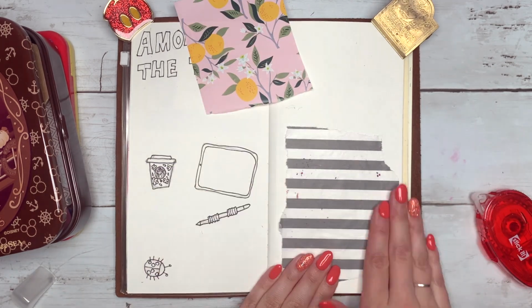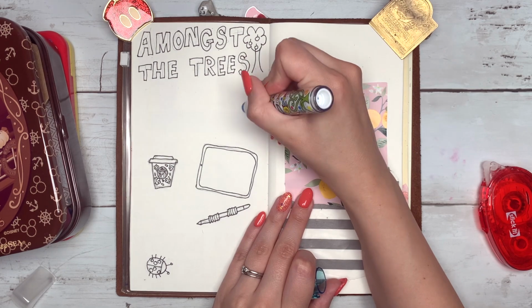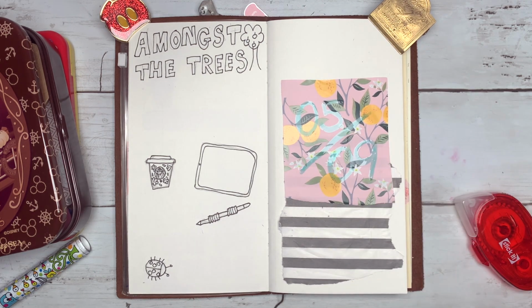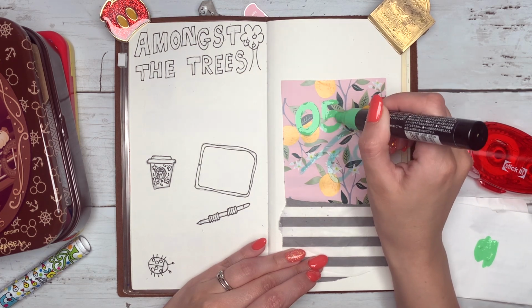And I did want to include some more collage as well, which I noticed I've only done on this page. I haven't put any collage in on the other pages, so I'll have to make a point of doing that again next time. But yeah, so on the left side I've just drawn a couple of things that I had with me,